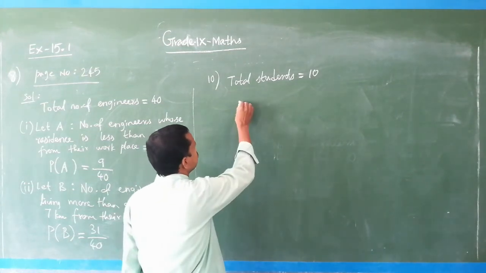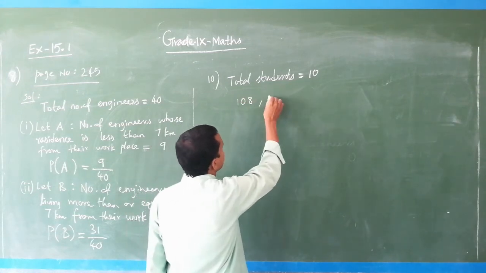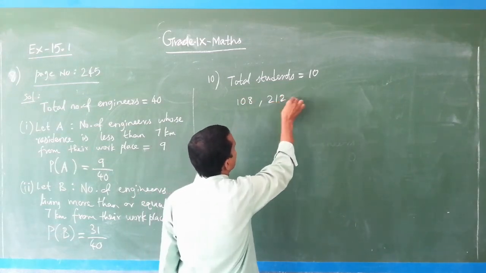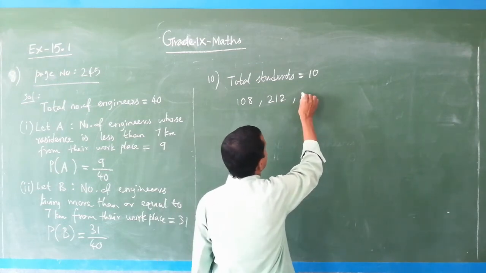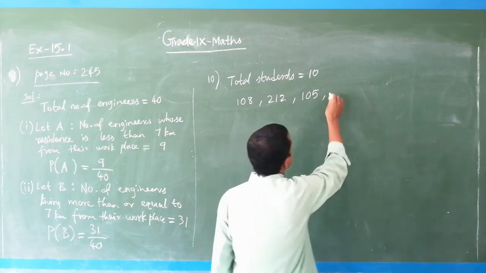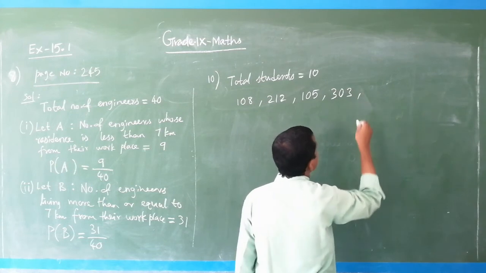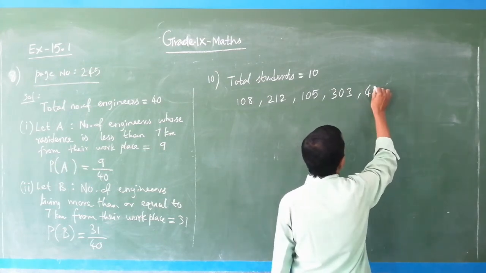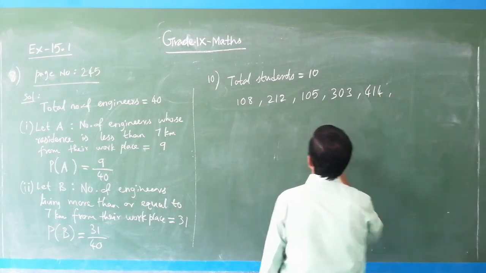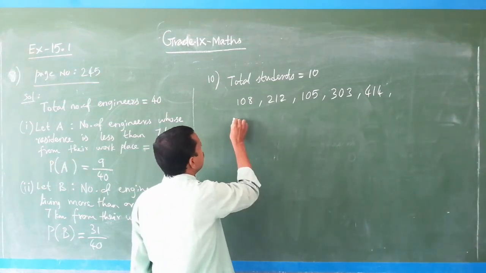One writes 108, another writes 212, then 105, then 303, 404, and so on: 1, 2, 3, 4, 5, and then the 6th student writes